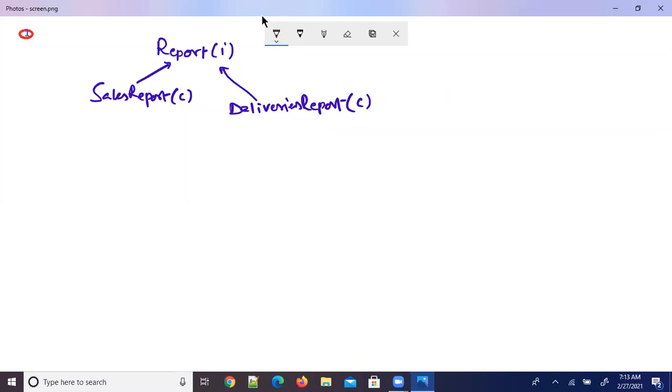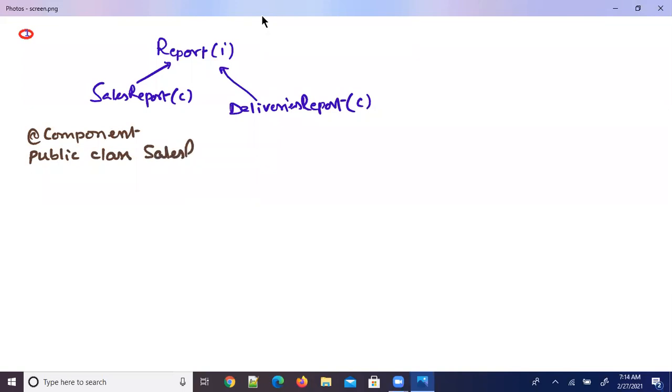When I'm writing a class like this, of course, both are components. So when I'm writing a component, I would like to write public class SalesReport implements Report.